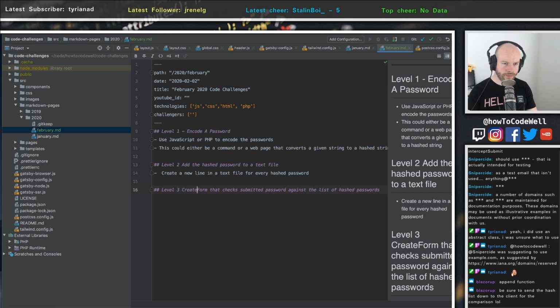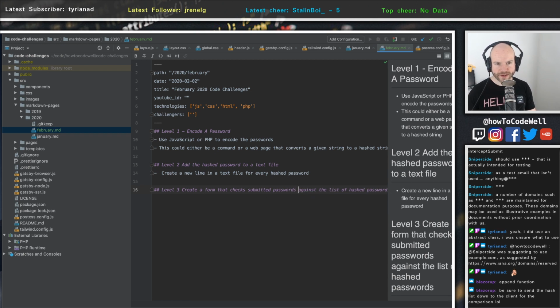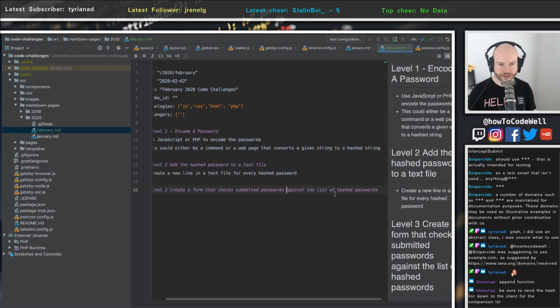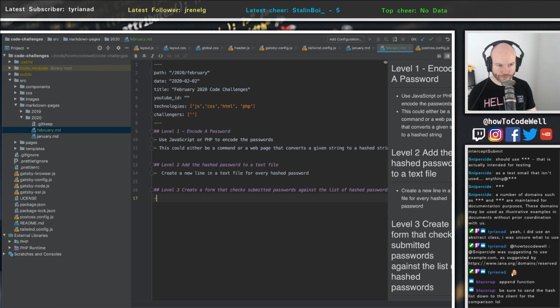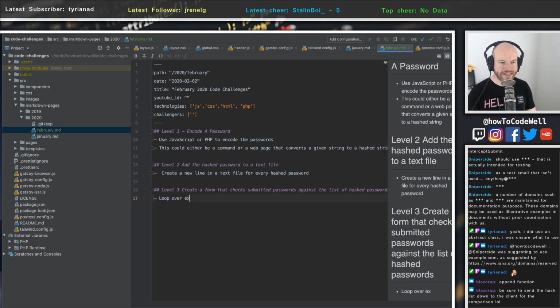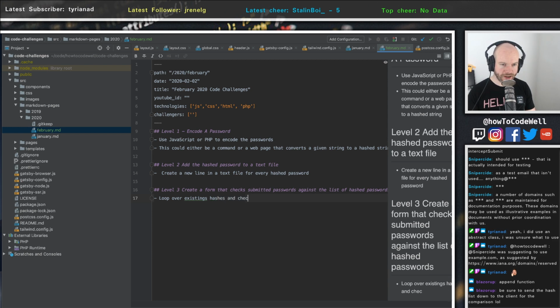create a form that checks submitted passwords against the list of hashed passwords. So here I want you to loop over existing hashes, I should say, and check and compare passwords against